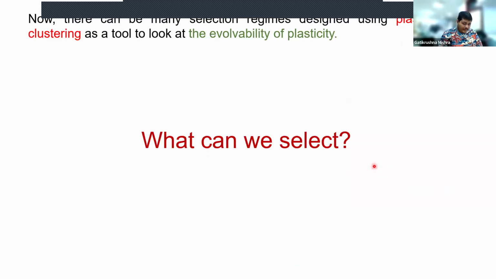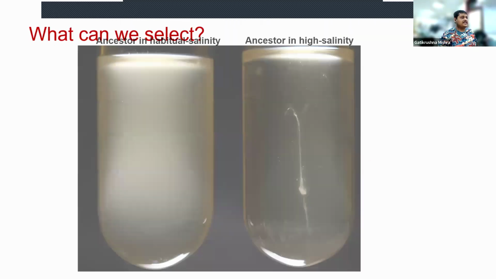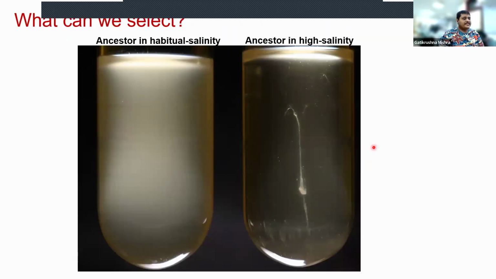As in, not just multicellularity, can we select for unicellularity while forcing them to become multicellular, or while inducing high salinity, can we select in the opposite directions? In what all directions can we select? Basically, if we are to design 50-day experiments using such a setup,